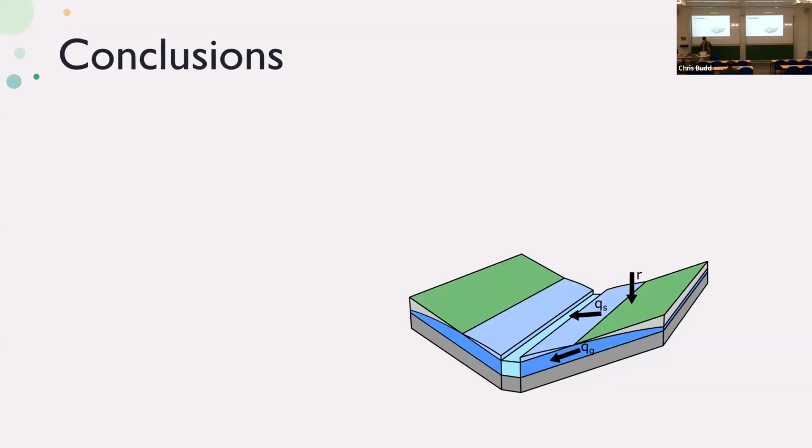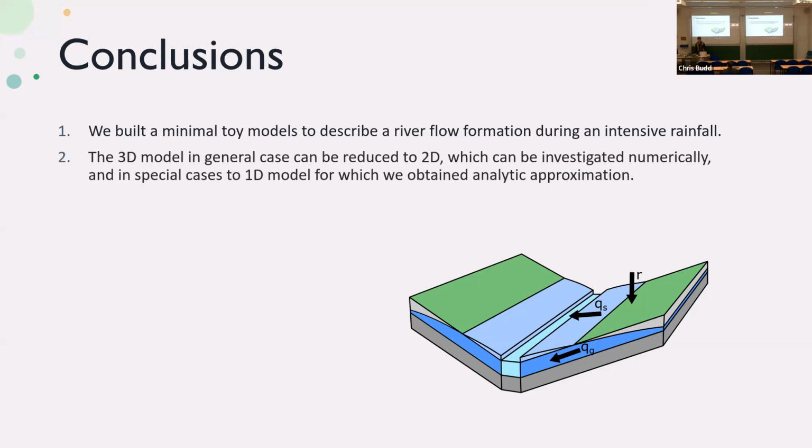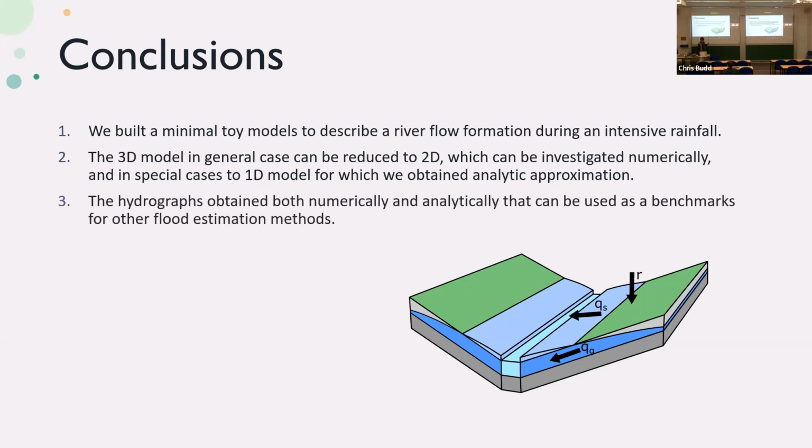So this is how we reach the conclusions. We managed to successfully build a minimal toy model of a catchment, which includes both effects of the groundwater and overland flow coupled with each other, and which is describing this tilted V-shaped valley. Secondly, we managed to use mathematical methods like non-dimensionalization and static analysis to reduce this three-dimensional model into two-dimensional form, and then one-dimensional form in certain scenarios, which we are able to solve either numerically or even analytically in certain situations. And finally,